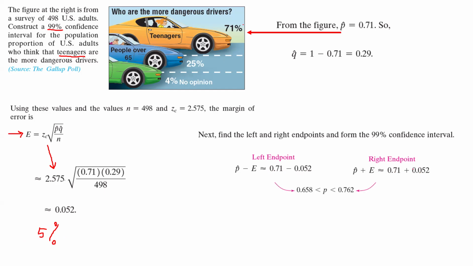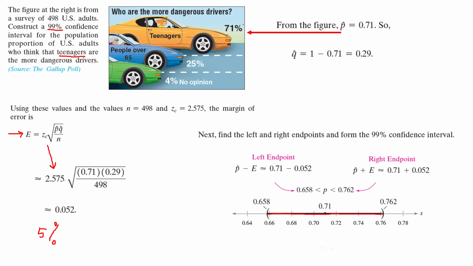So if you do the algebra, the population proportion is bounded between 65.8% and 76.2%. So this is the interval that captures the true population proportion of US adults who think teenagers are more